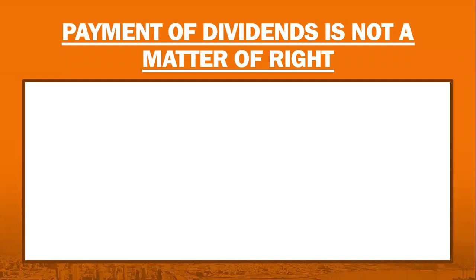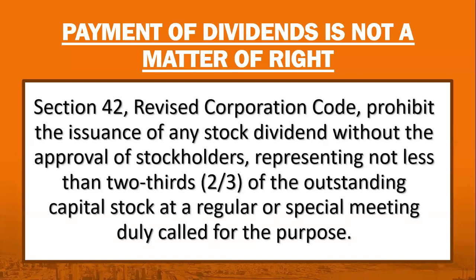Next, payment of dividend is not a matter of right. According to the Section 42 revised Corporation Code, prohibit the issuance of any stock dividend without approval of stockholders representing not less than two-thirds of the outstanding capital stock at a regular or special meeting duly called for the purpose. This provision underscored the fact that payment of dividends to the stockholders is not a matter of right but the matter of consensus. Siyempre, there must be approval of